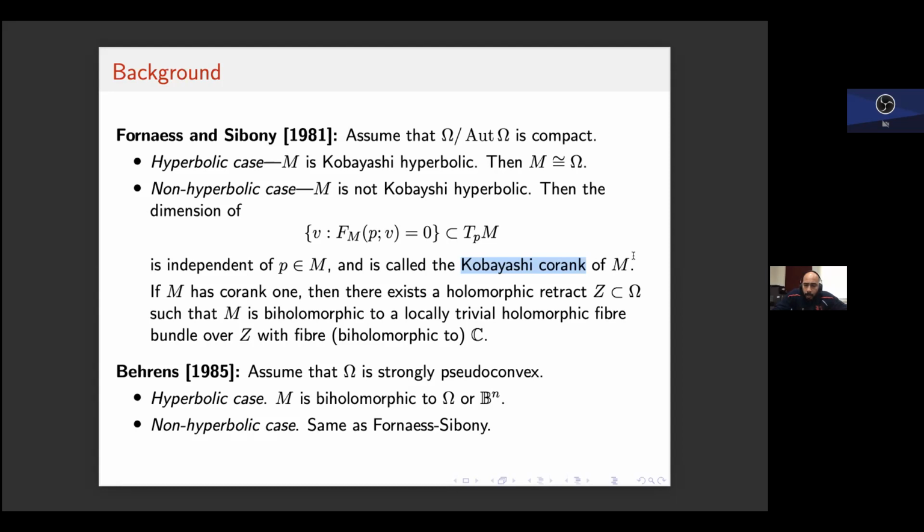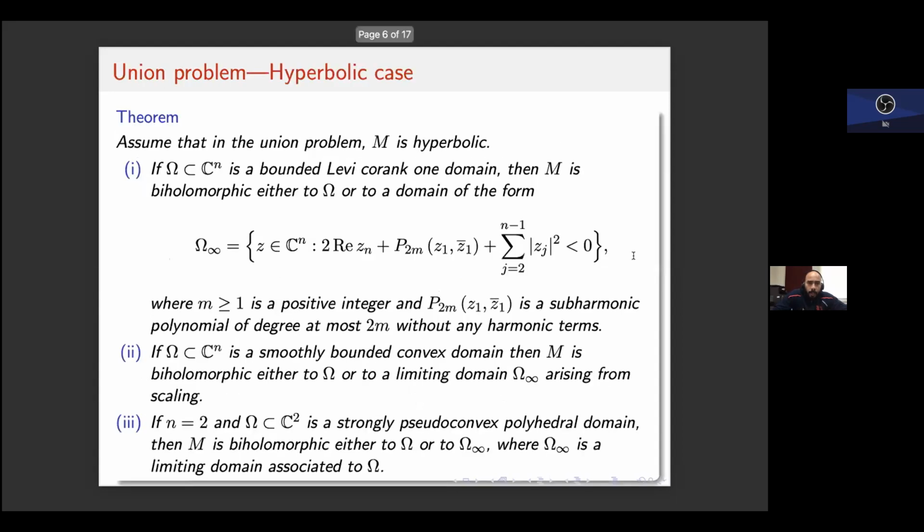Now let me state our result. The problem is that M is an increasing exhaustion, exhausted by biholomorphic images of some domain Omega. So we are in the hyperbolic case, that is, M is assumed to be hyperbolic. And again, we want to remove the assumption that Omega has a compact quotient under the action of Aut(Omega). So here are various classes of domains